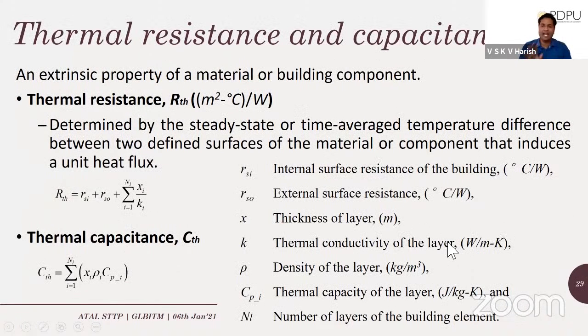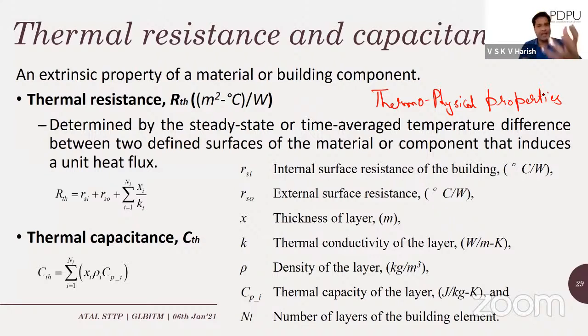Each and every wall and each and every construction element comes with thermophysical properties. These are characteristic of each construction element. Such properties are the thickness of that particular layer, the specific heat capacity of that layer in joule per kilogram Kelvin, the thermal conductivity of that layer in watt per meter Kelvin, and the density of that layer in kilogram per meter cube. From the manufacturer, we get the data. From that data, we compute the total thermal resistance of that particular wall or construction element,